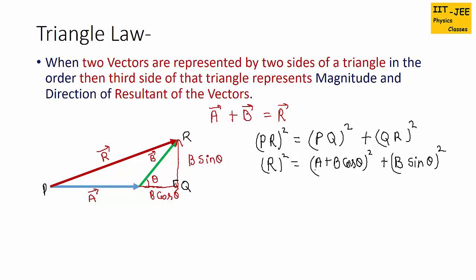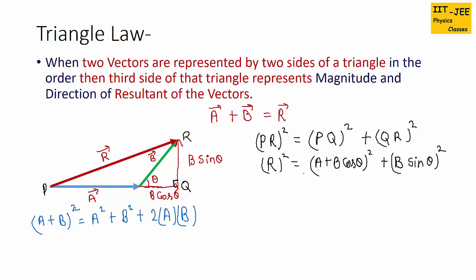I am going to use a mathematical formula, which is if we have two terms to the whole square like this, (a plus b) whole squared, then we can open it like first term squared, like a squared, plus second term squared, like b squared, plus 2 times first term, means a, and times second term, means b. So it will be like a squared plus b squared plus twice ab.